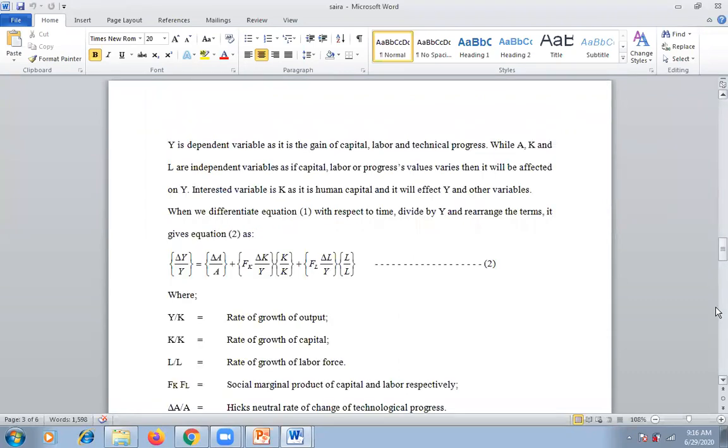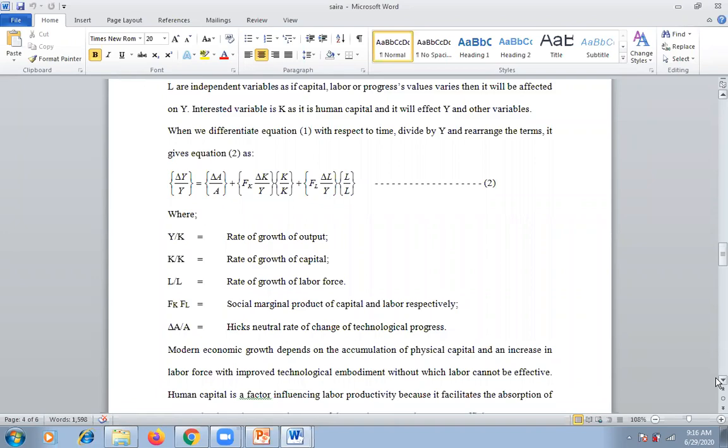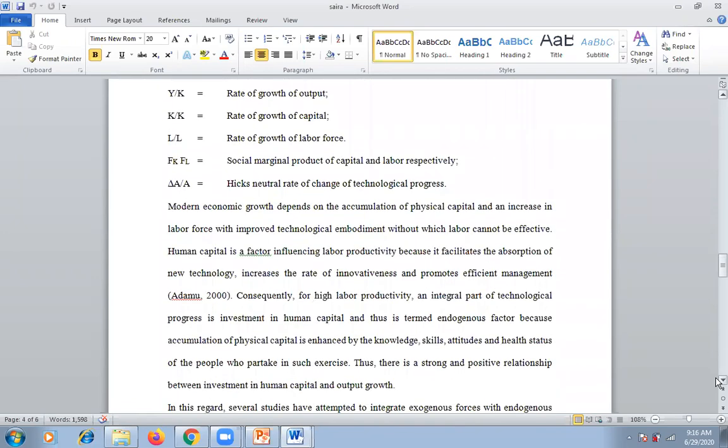Later on, you converted this model into growth form here in the second equation. It's a modern economic growth model. Finally,